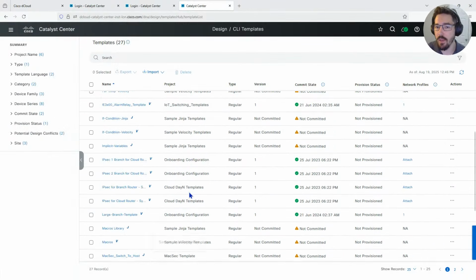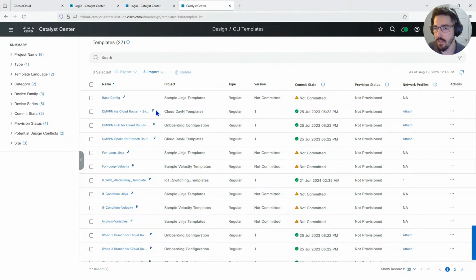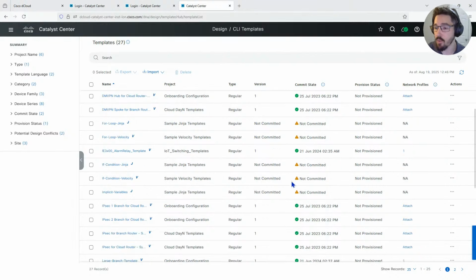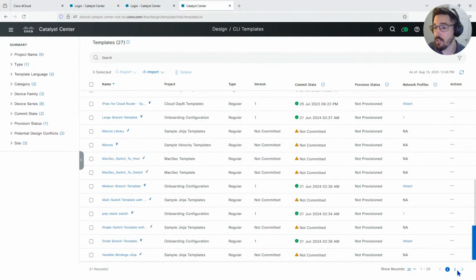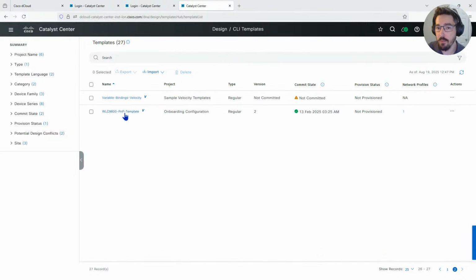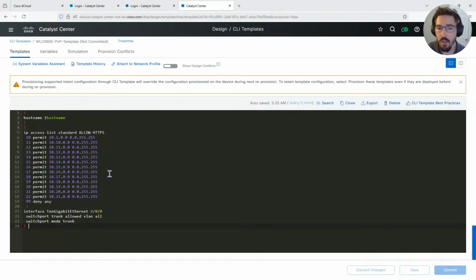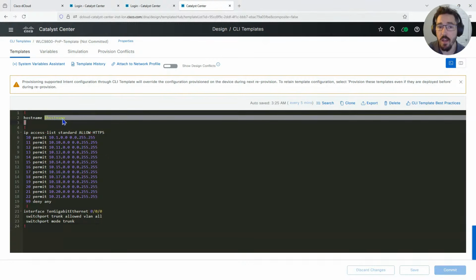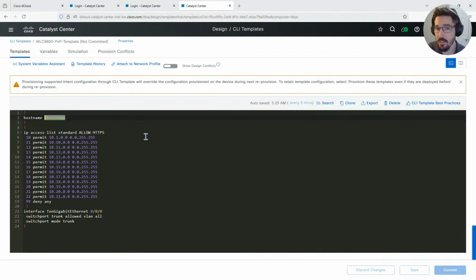We can see that we have a bunch of templates already created. They support Jinja, which is the recommended one, which you can get very programmatic with. It supports Velocity as well. If I go over to the one we're going to be working with, it's the WLC PnP template. It's configured in Velocity. And you can see the configuration is listed here. Here I'm calling out a variable. When I go and provision this template over to a wireless controller, it'll ask me to fill out this host